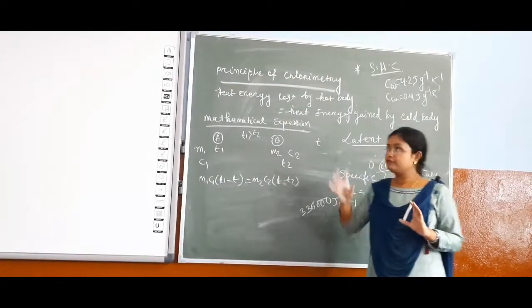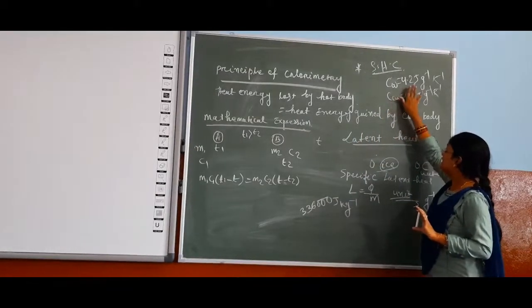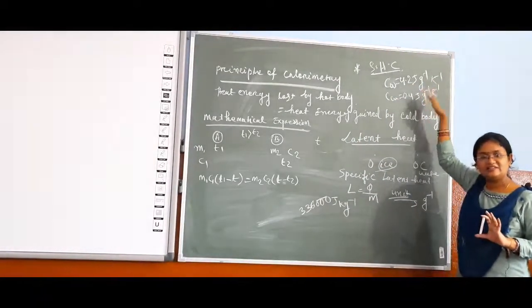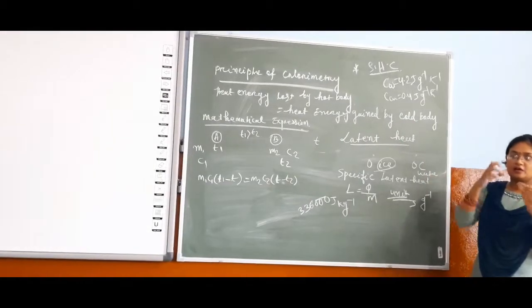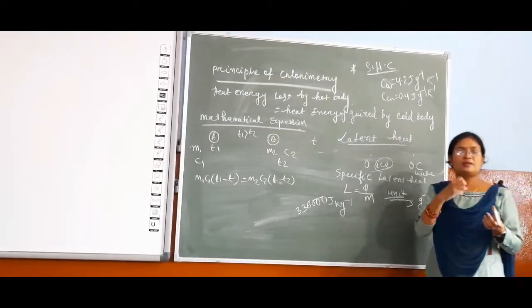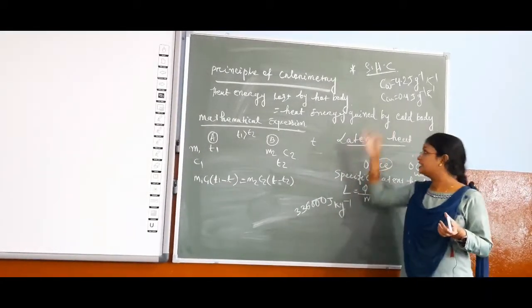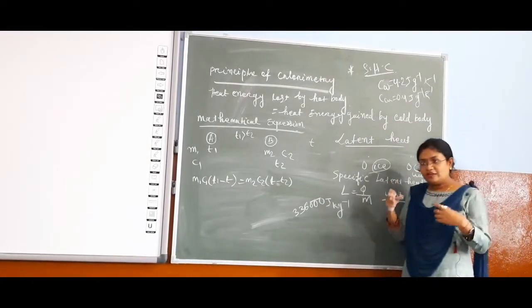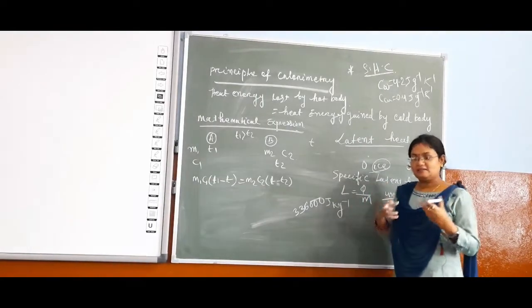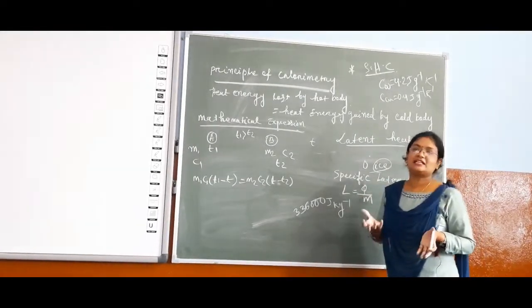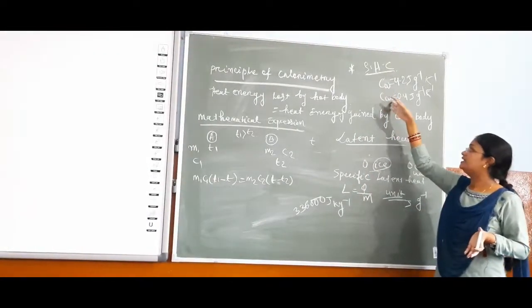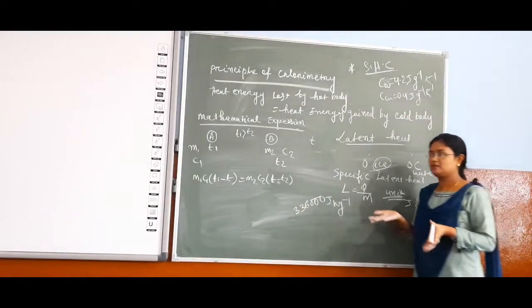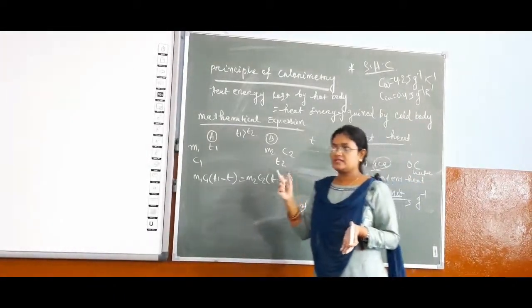And water को अगर 4.2 joule amount of heat दे रहे हैं, तब जाके उसका temperature 1 Kelvin increase हो रहा है. Similarly, अगर water से 4.2 joule amount of heat energy remove करेंगे, then उसका temperature 1 Kelvin होगा. इसलिए water cool होने के लिए भी ज़्यादा टाइम लगता है and means heat होने के लिए भी ज़्यादा टाइम लगता है.